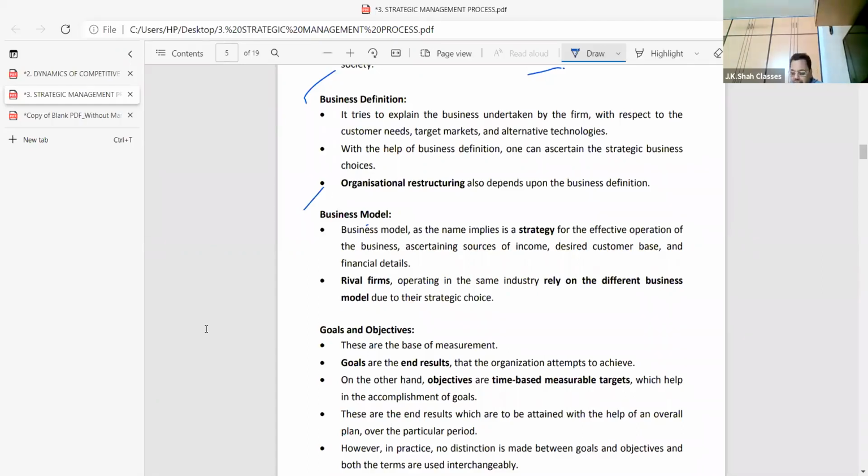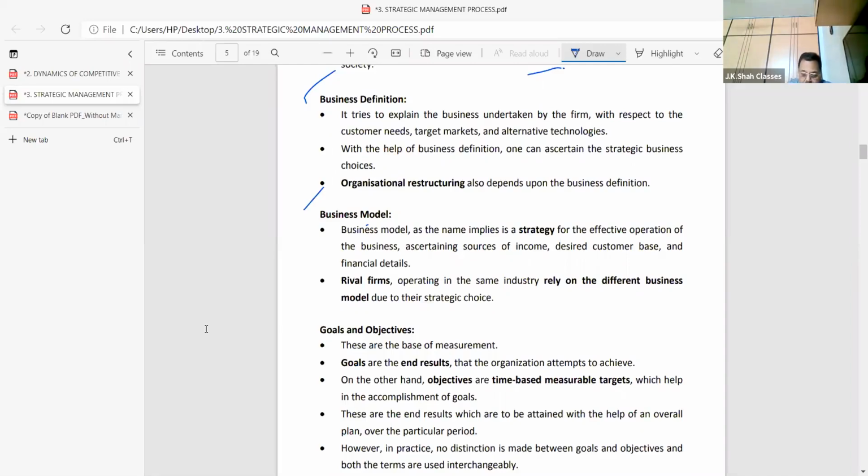A child, Harshita, says, sir, I've got, let us say, 90 marks out of 100 in accounts. But we Indian students are never satisfied. Someday our friend would tell, arey, you should have got 95. How much did the friend get? The friend got only 50 marks. But no, you should get 95 marks. The problem in India is this: those who have nothing give very good advice. Anyway, goals and objectives, see what it says, beta.